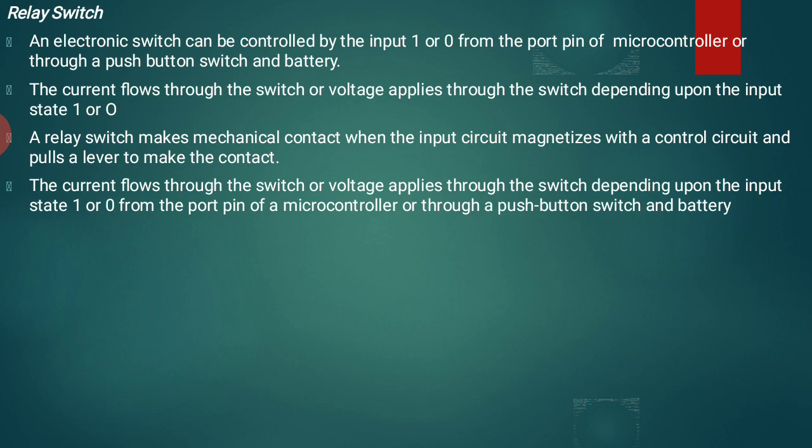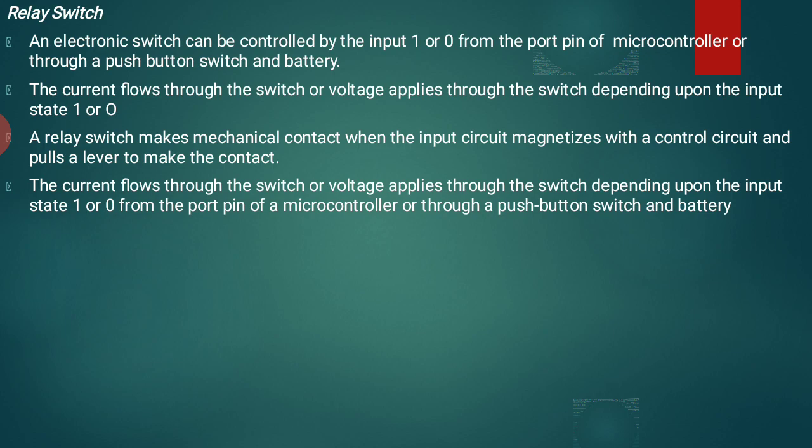A relay switch makes the mechanical contact when the input circuit magnetizes with a control circuit and pulls a lever to make the contact. So by using this relay switch, it also makes the mechanical contact. Whenever the input circuit is magnetized with the control unit, it pulls the appropriate lever and makes the function of a